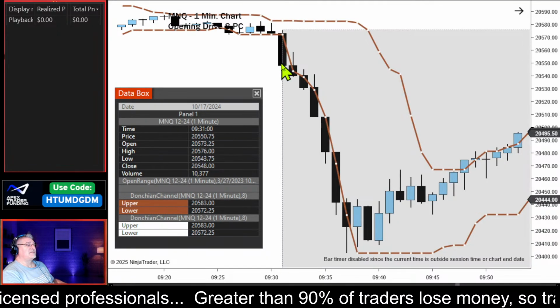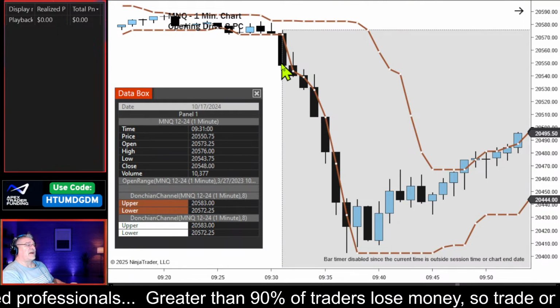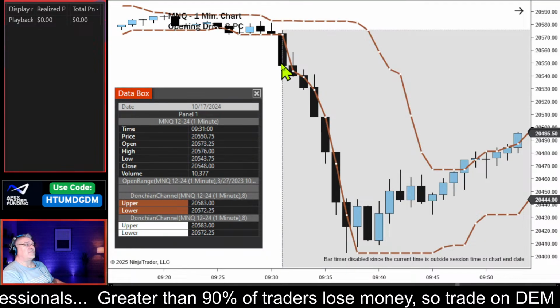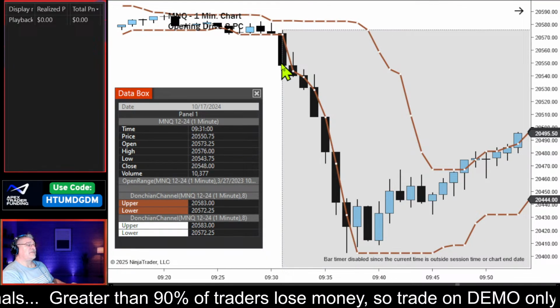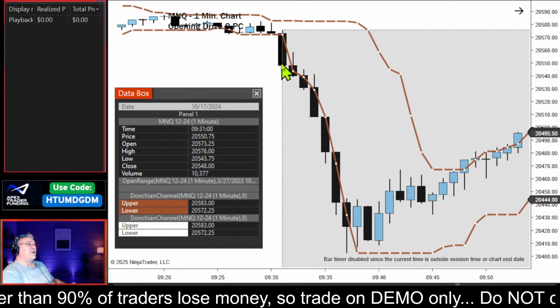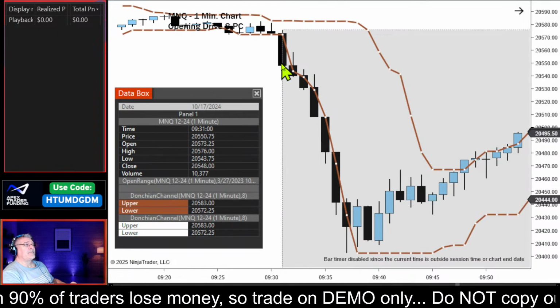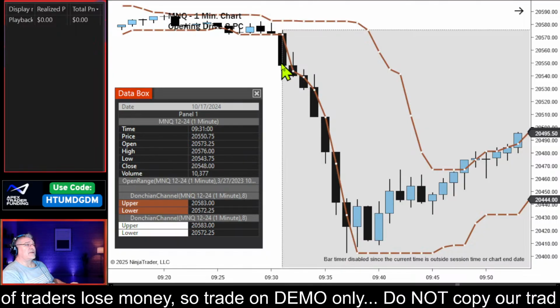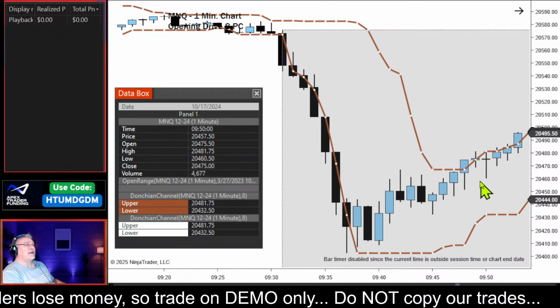I'll keep my cursor there. The lower channel is at 572.25. And the close of this candle is at 548, so we closed 24 points below the price channel. We are outside the price channel. So we close at 548, and we are covering over here at